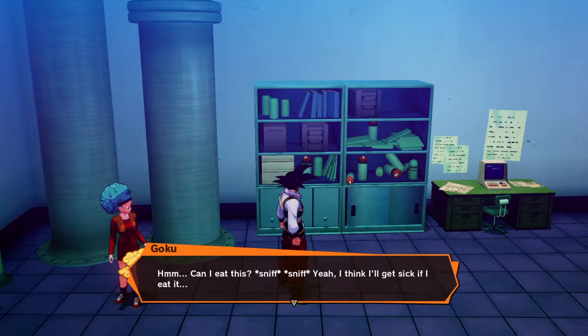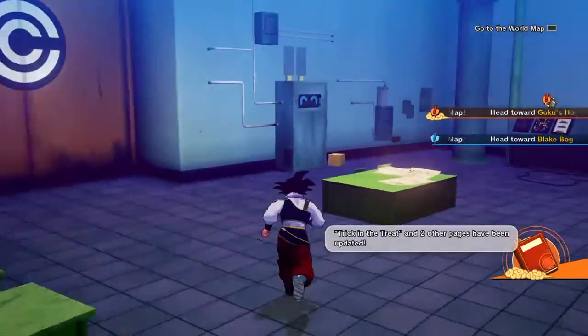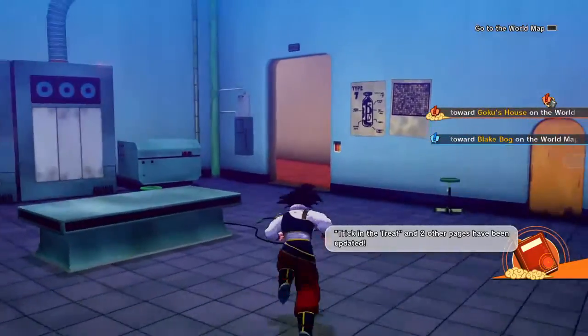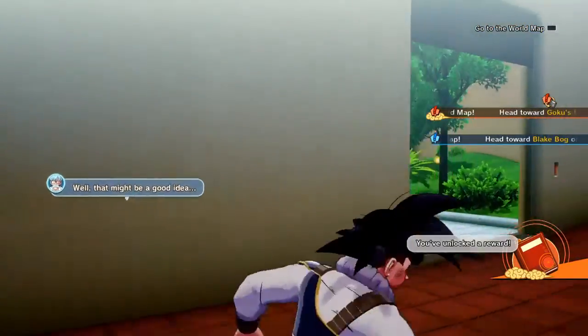Can I eat this? Yeah, I think I'll get sick if I eat it. So there's a memory that Goku kind of has with Bulma there. I believe there should be